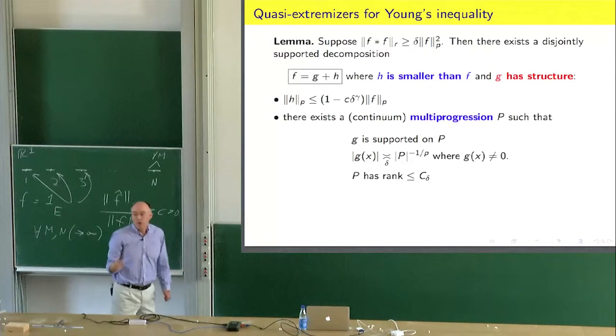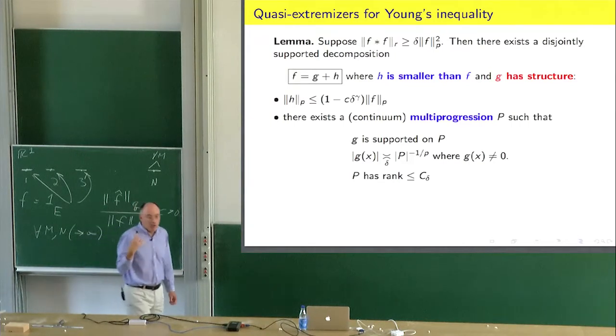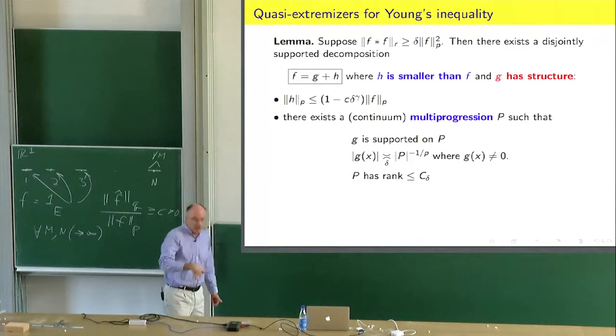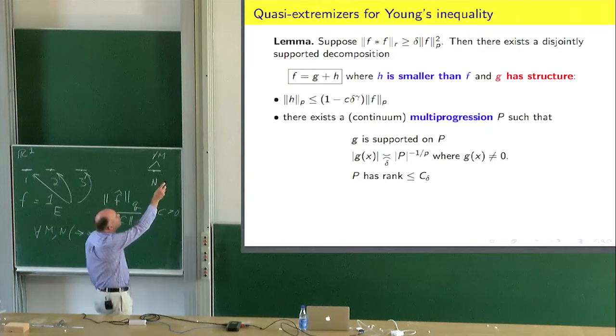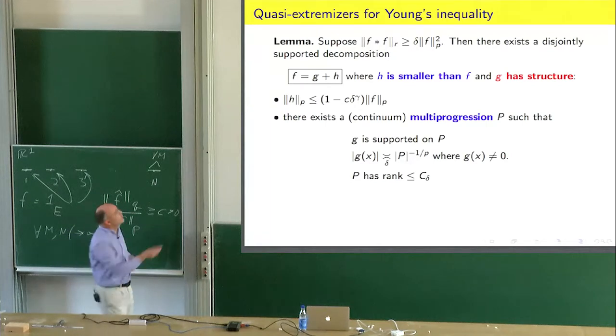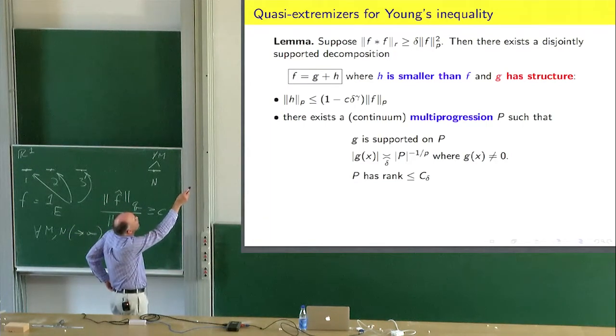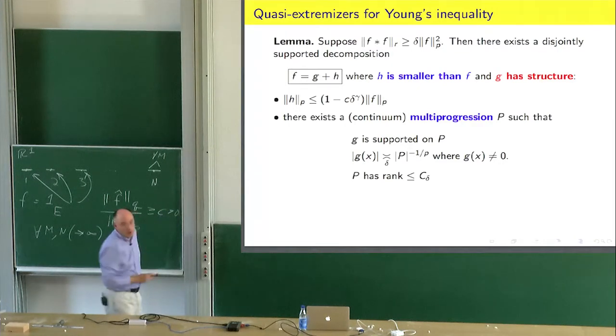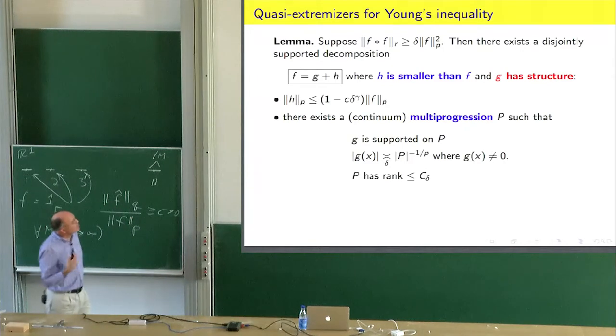Then you can decompose f into a structured part and a part that's smaller than f itself. So f is g plus h, where the two summands have disjoint supports. The norm of h is smaller than that of f by a definite amount. The norm of h is less than or equal to a constant strictly less than 1 times the norm of f. And the structured part g